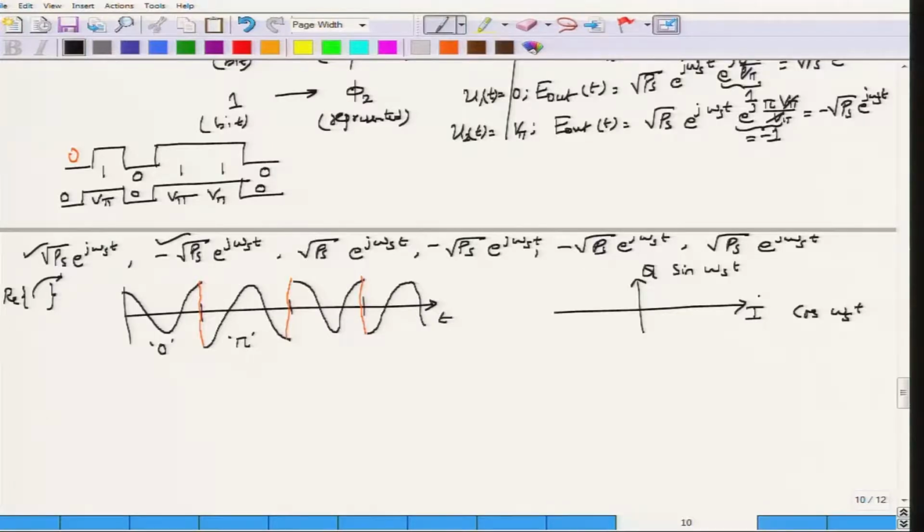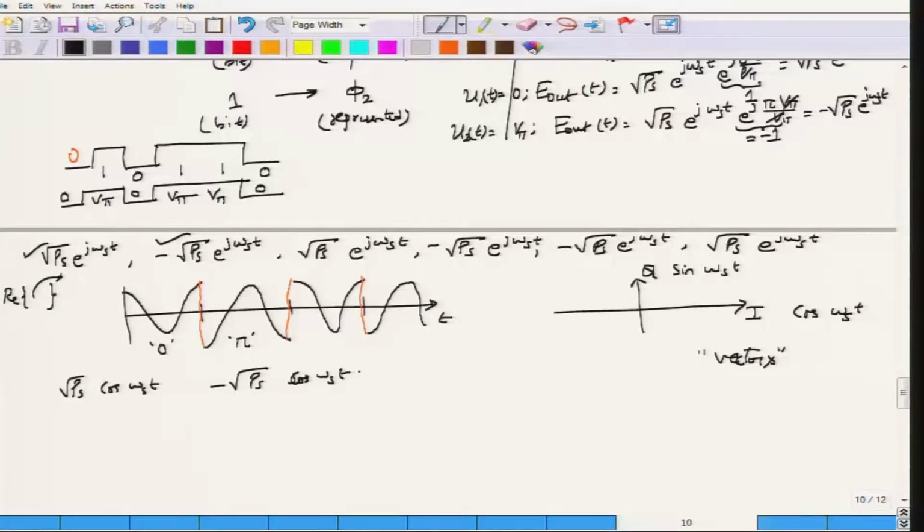I mean, we are used to seeing orthogonality of two vectors, but later we will see that signals themselves can be considered as vectors. So, this cosine omega st and sine omega st can be considered as vectors in some sense, okay, which we will talk about, and in that case these two are orthogonal or perpendicular to each of them. Now, if you look at this expression that we have obtained for the binary phase modulation, what you will see is that the waveforms are consistently given by square root Ps cos omega st or minus square root Ps cos